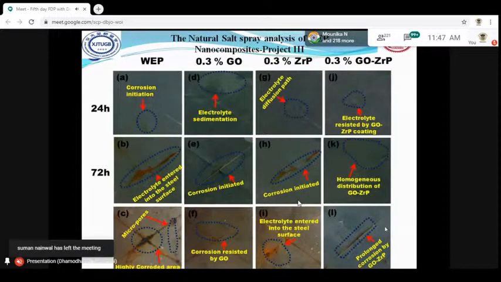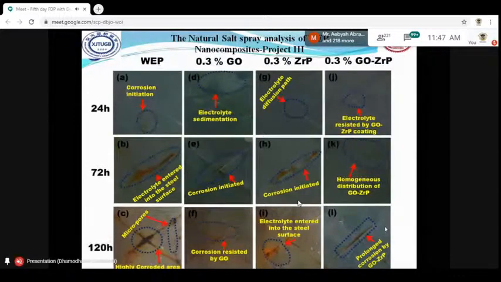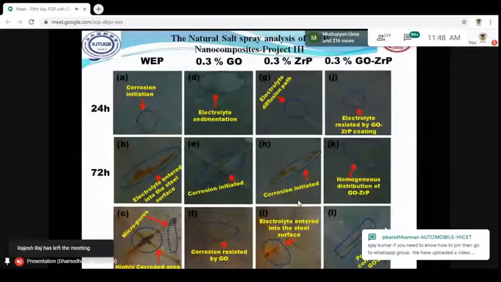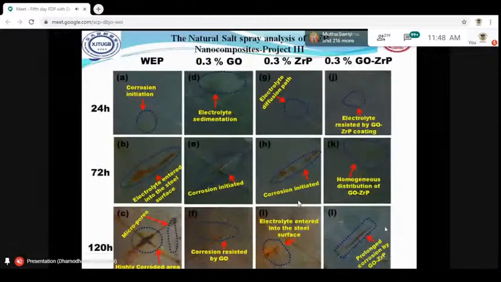So in the GO also, for the natural salt spray analysis, we have taken 3.5% sodium chloride. We were spraying it in the natural salt spray analysis. The sheets, the plates have been fixed on the instrument, and the sodium chloride salt solution has been sprayed continuously. So the corrosion has been initiated after 72 hours. After 120 hours, you can see the